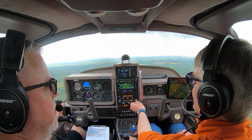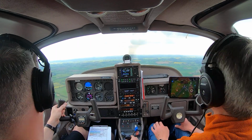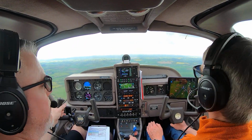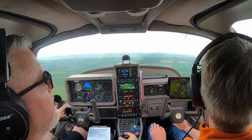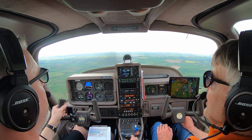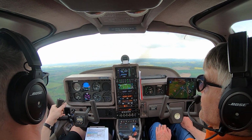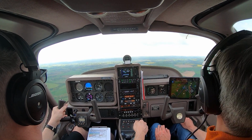Okay. Great, so the carb heat, mixture, switch, fuel pumps on, and the lights are on. Half heat. So you're at the end of the downwind, and your speed was good, but it's a bit high now. It is good now, so you can go to your flaps. 1 and 2 and 3 and...